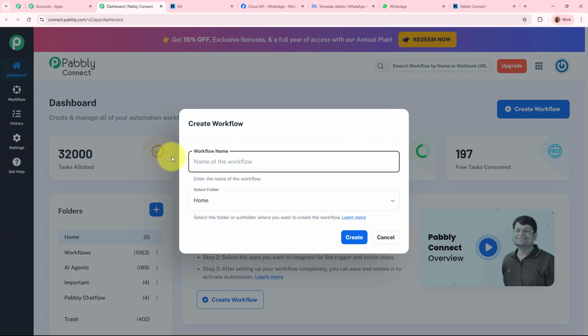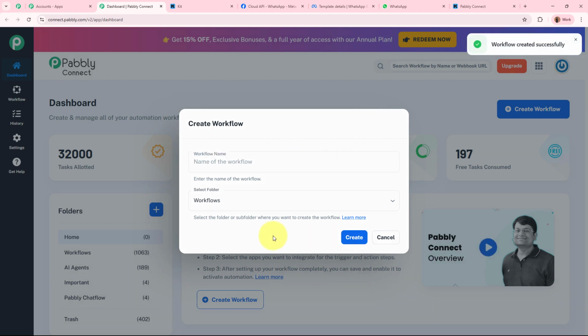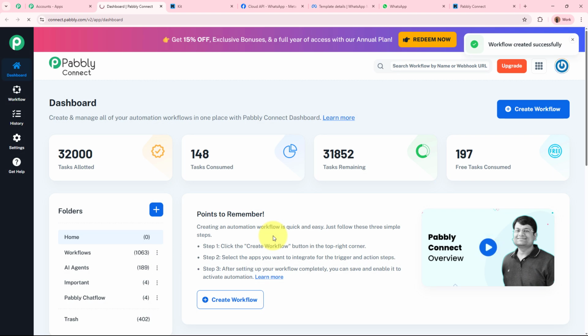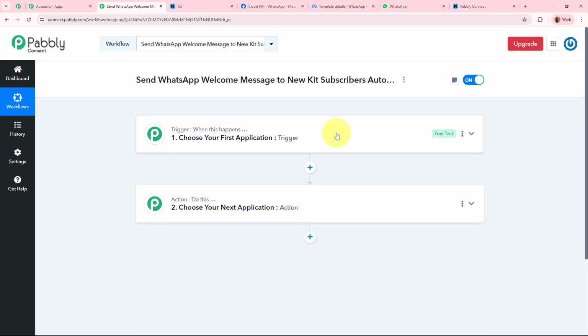Firstly, we have to rename our workflow. So for the name of my workflow, I'm going to write it as Send WhatsApp welcome message to new Kit subscribers automatically. For the folder, these are the folders from which I'm going to select workflows folder, and then simply I'm going to click on the create button. And as soon as we do that, automatically a workflow is going to be created,